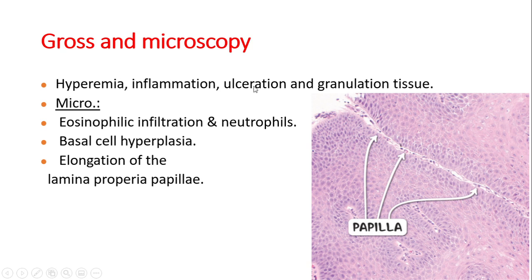The gross appearance of the esophageal mucosa with esophagitis is in general features of inflammation, including hyperemia, redness, ulceration, edema, and granulation tissue formation. Microscopically, there is eosinophil and neutrophil infiltration and basal cell hyperplasia of the normal stratified squamous lining epithelium, and also elongation of the lamina propria papillae due to hyperplasia of the basal cells,